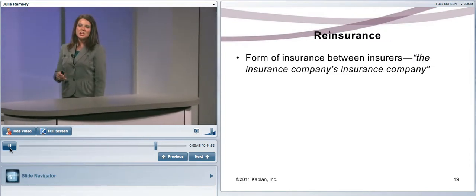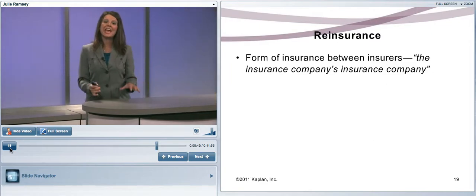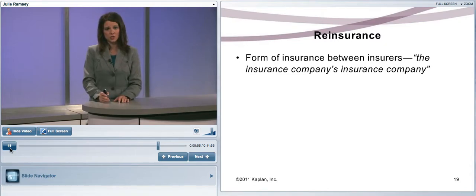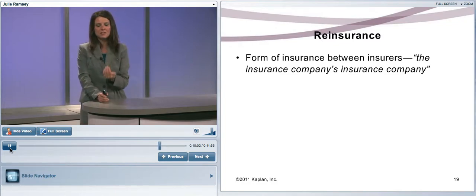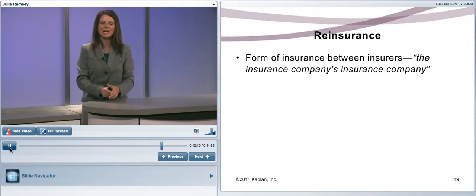Reinsurance. You know, you don't really hear of life insurance companies that can't pay their claims, do you? Think about it. One of those reasons is because of reinsurance. It's kind of like the insurance company's insurance company. Let's say an individual comes into my office and says, I want to purchase $1 million death benefit. All right, so I take an application, send it to our underwriters, and the underwriters say, well, gosh, $1 million, that's a lot of money.